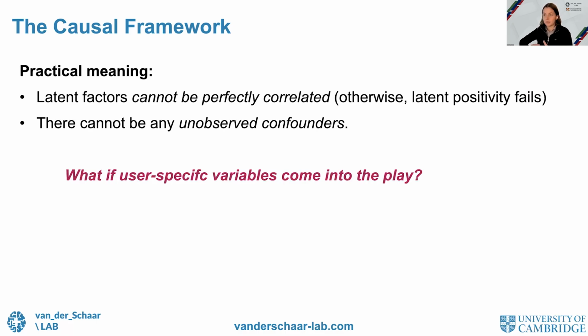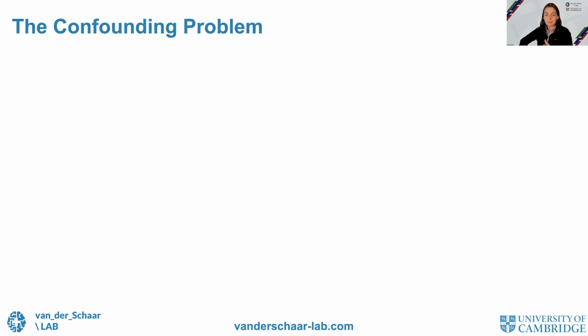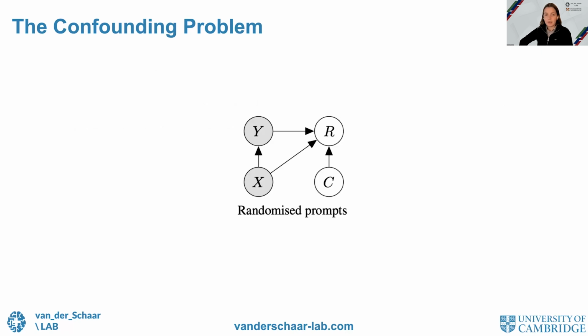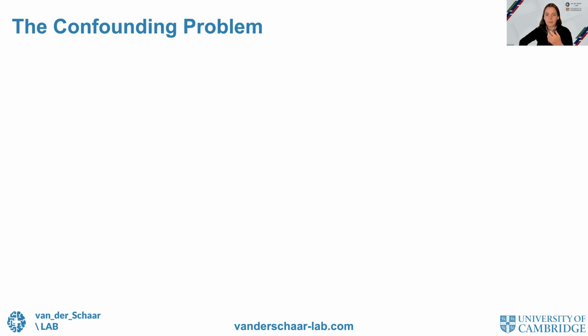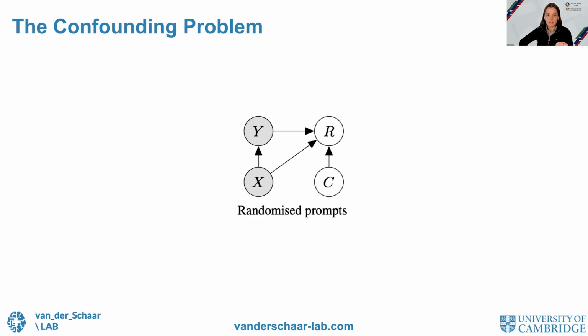So what if those user-specific variables do come into play? In this paper, we focus a lot of attention on the problem of confounding. In particular, we stress that the unconfoundedness can be quite easily violated. And to formalize this, we will introduce a user-specific contextual variable, which we denote here by the capital letter C. Most current practices assume that the user-specific context only influences the rewards, which is true in cases where the prompts